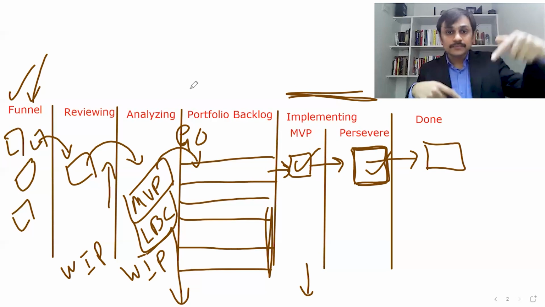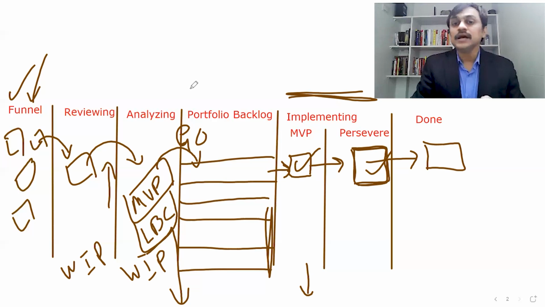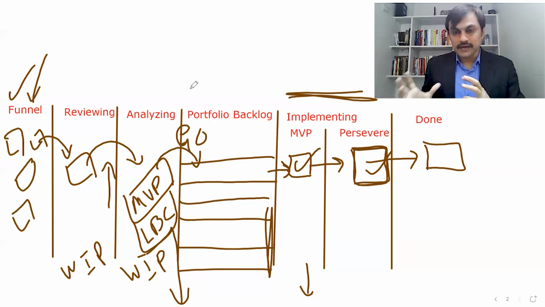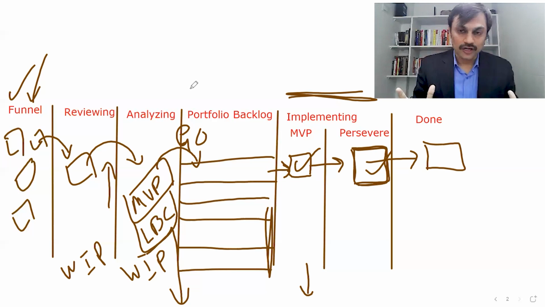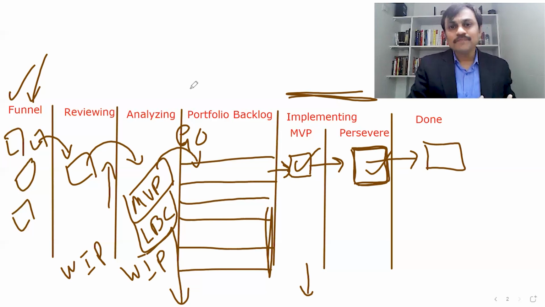And based on the market input and strategic themes, we may also decide to move some things in the other direction. And that's how the integration of lean portfolio management and the agile release train brings a greater amount of agility to an organization, because now your budgets and strategy are also agile. So this is all I wanted to share about portfolio Kanban.